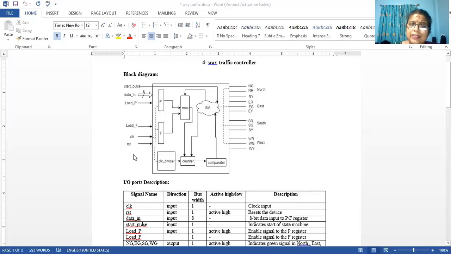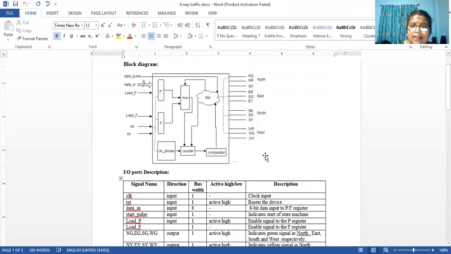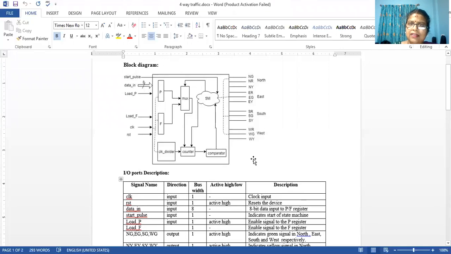Now, what is a reset signal? This is my clock input and reset input, active high. What do we mean by an active high reset signal? First, why do we need a reset? I think we explained why we need a reset in the last module, but I will explain again. When your mobile gets hung, what do you do? You switch off the mobile and restart it.